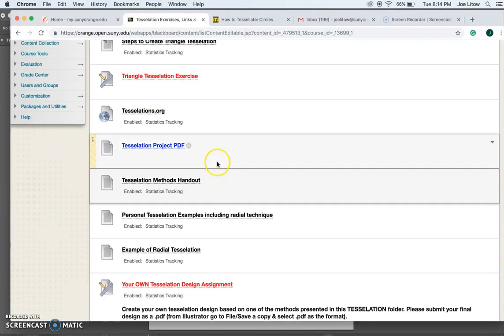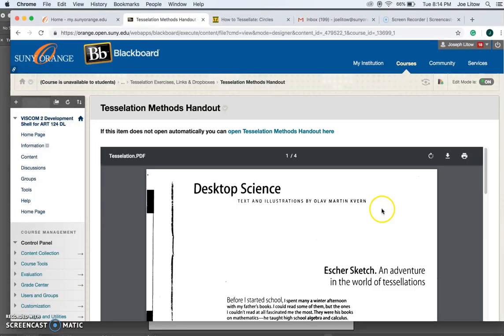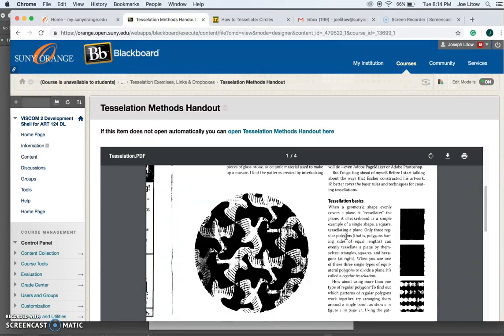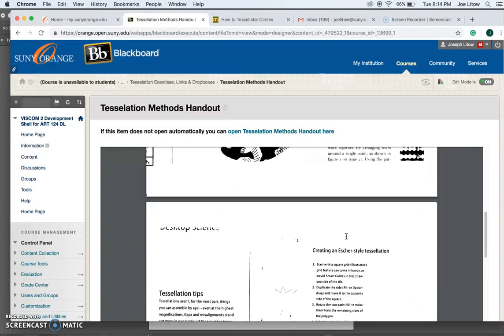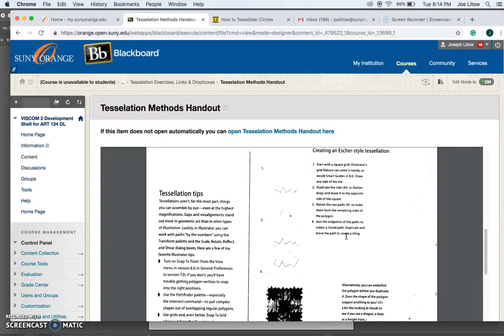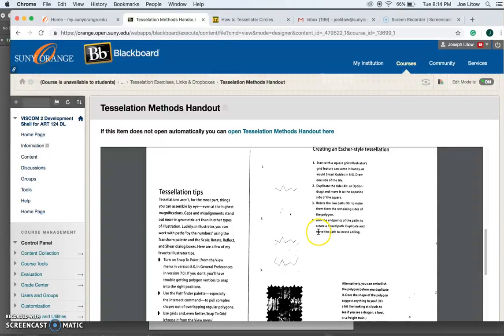Continuing on, there is another handout, and this is an older one, but this one is a PDF that explains the basics of tessellation. And here it gives you some tips about it.